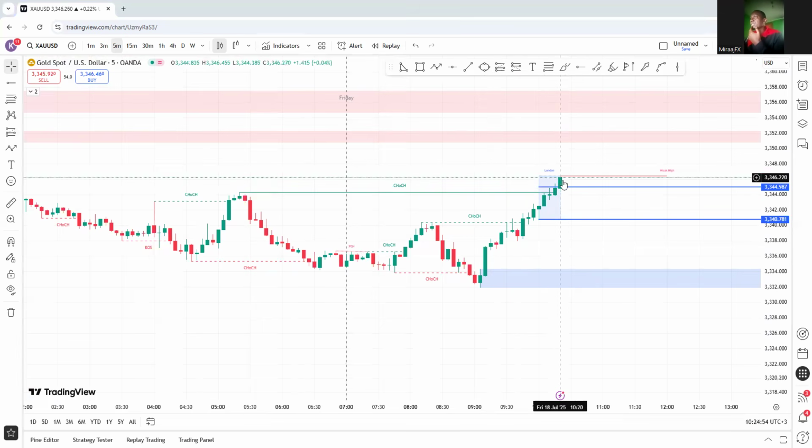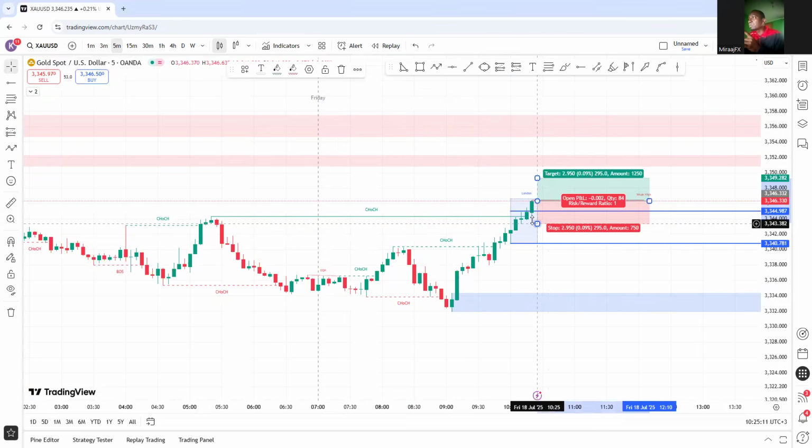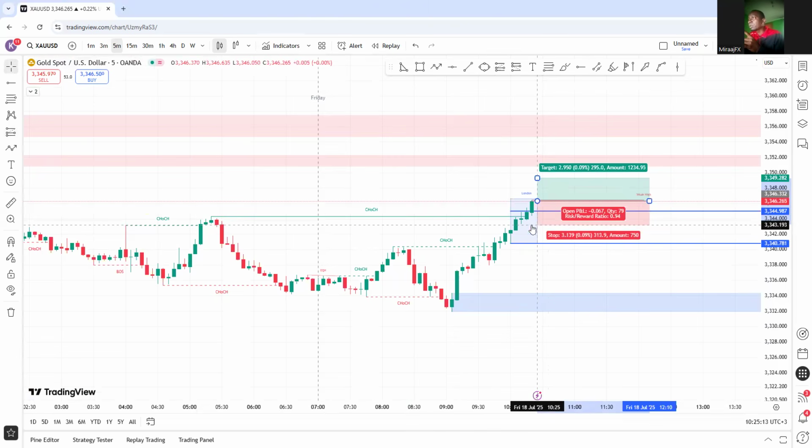So for example, this one here is a 5 minutes candle. We're waiting for this candle to close. And once it closes, you look left. This candlestick has just closed, so two things are going to happen. Number one, either you go in aggressively and put your stop loss slightly below here,